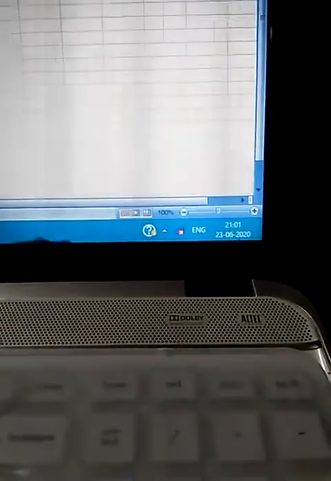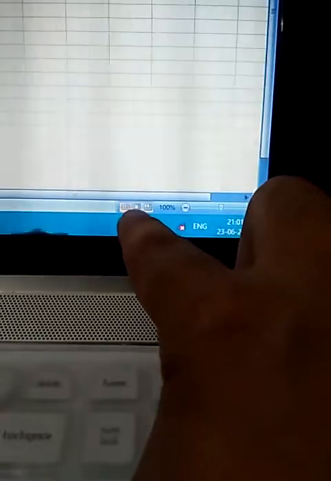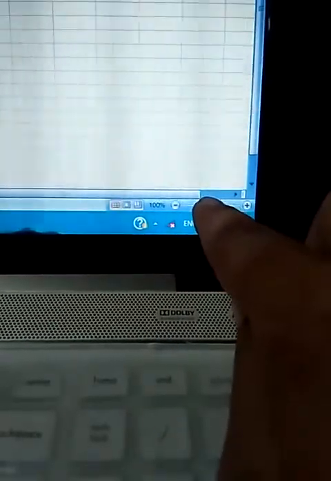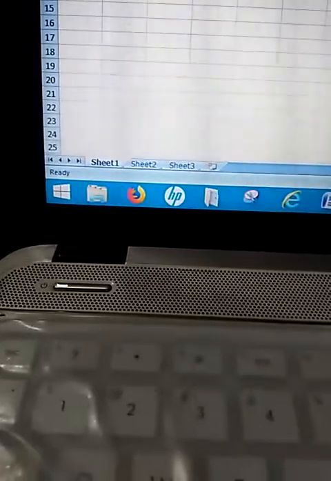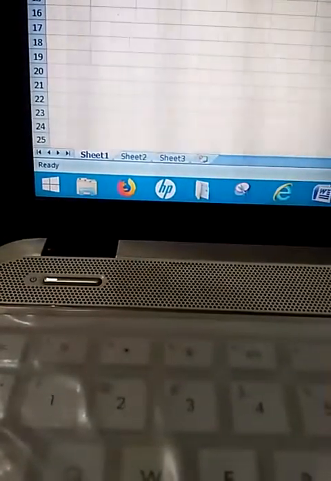So this is your vertical scroll bar, this is your horizontal scroll bar, this is your view tab to see your worksheet in different views, this is your zoom control, and this Ready appears on the status bar.